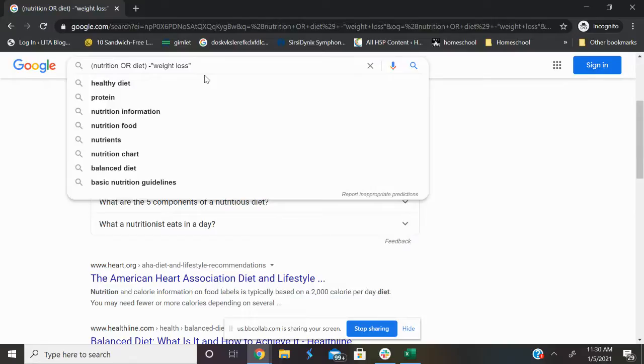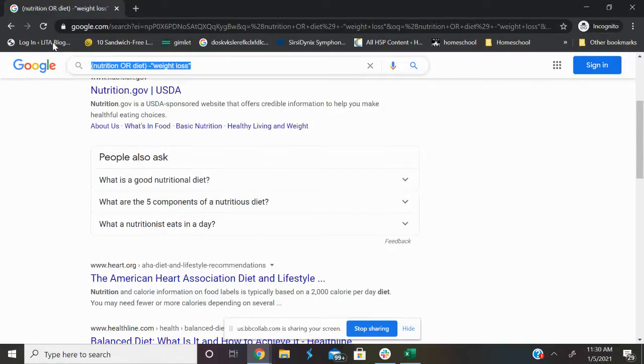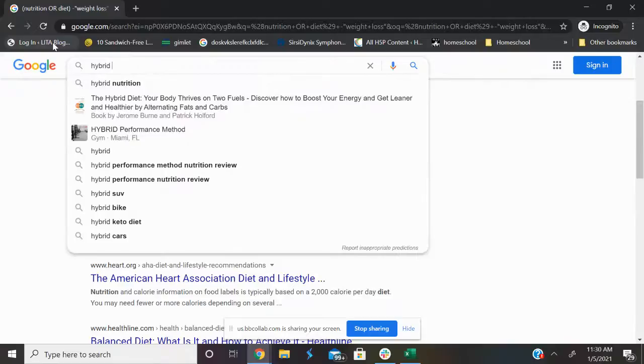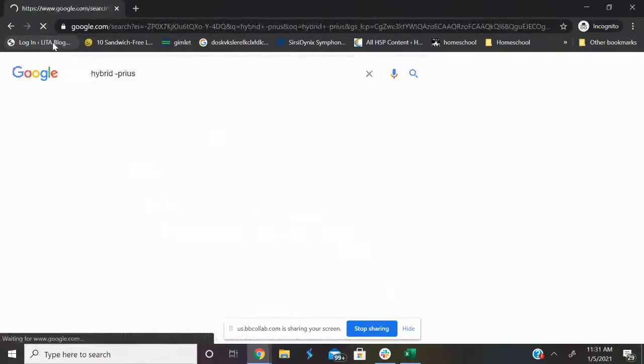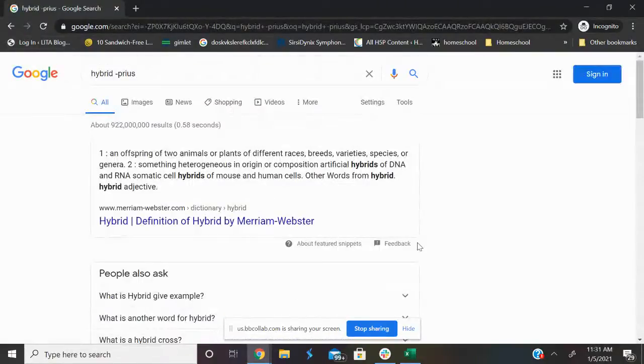I said at the beginning that the Boolean operators don't really make a huge difference with today's search engines. The "not" one still does. So let's say you're looking for a new car and you're really excited to buy a hybrid, but you really, really don't want a Prius. You could search hybrid, not Prius. And this is going to bring up,